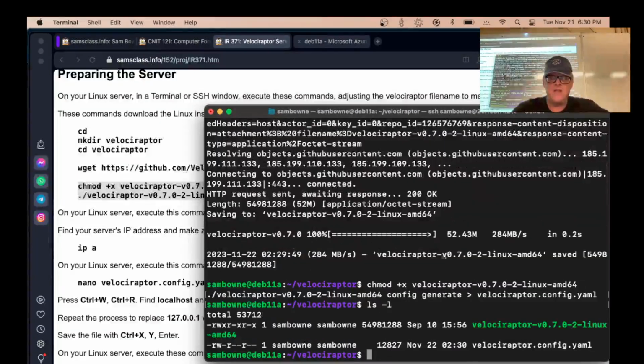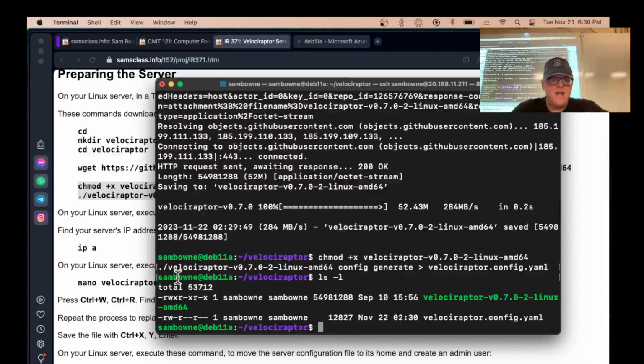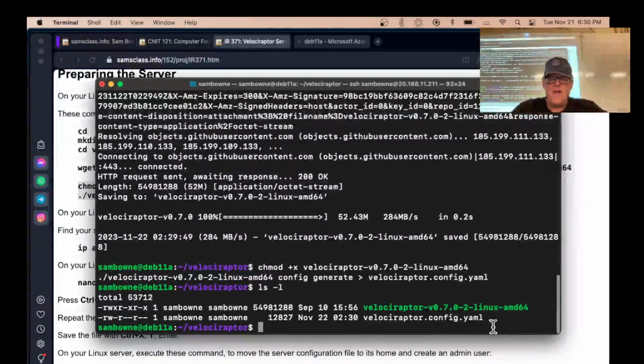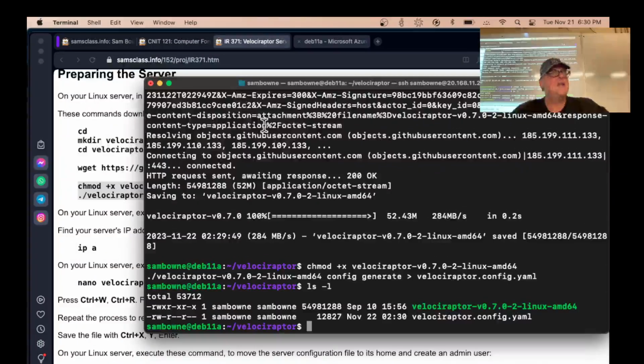So now if I do an ls -l, I will see that I have, let me make my window bigger. All right, I have the Velociraptor executable, and I have a config file here. This is a YAML file, which is pretty popular. YAML files are sort of like Python. Indentation matters. They're just a way to set a bunch of parameters. Now, if you look at that YAML file,